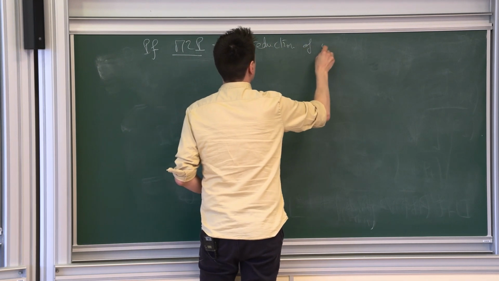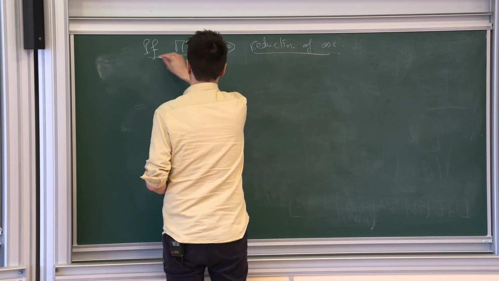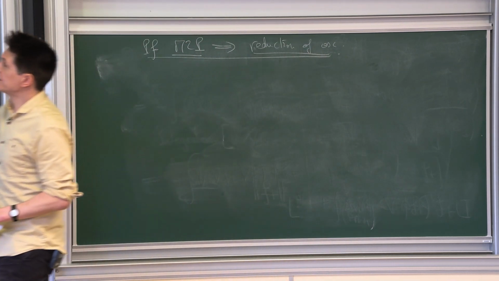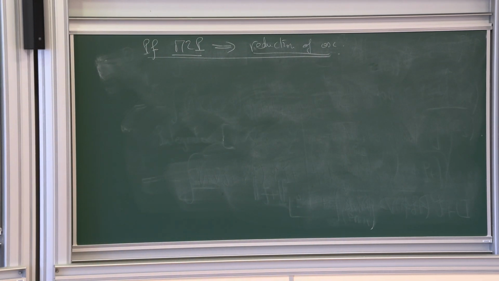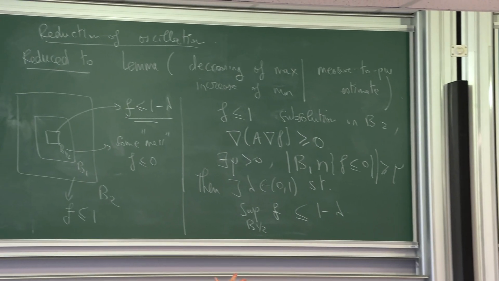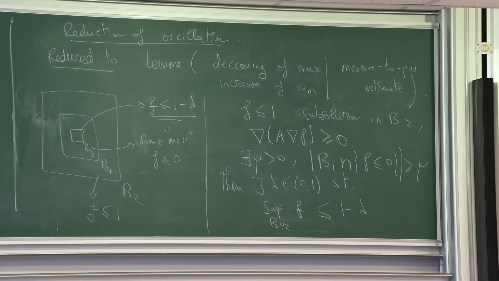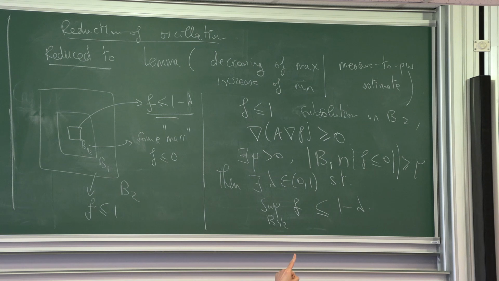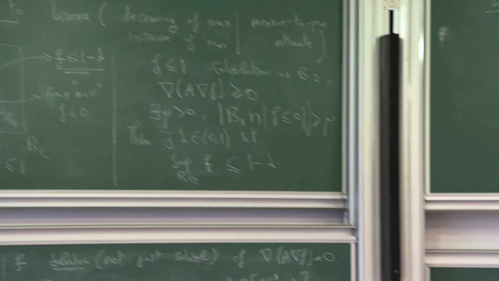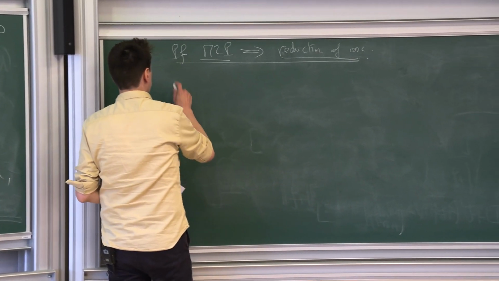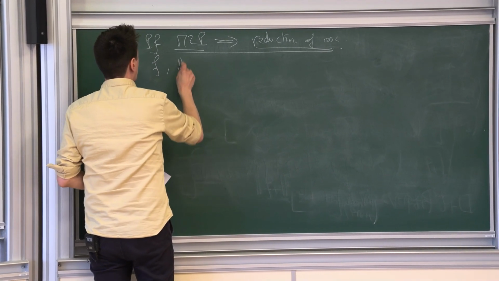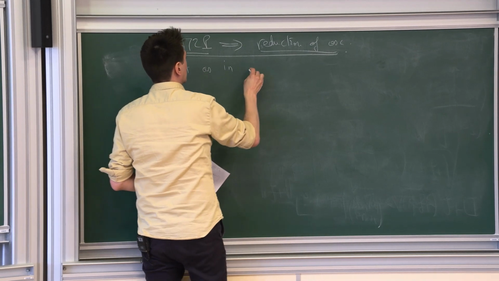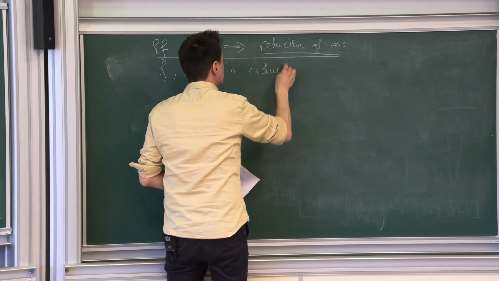Well, it's extremely simple, in fact. This is formulated for a sub-solution and then you decrease the max, but just by plugging in minus f, you could have a symmetric result where you increase the mean for a super solution. You okay with that? Super means you reverse the sign in the equation, you reverse my assumption, and everything is reversed. So if you take f as in the reduction of oscillation lemma,